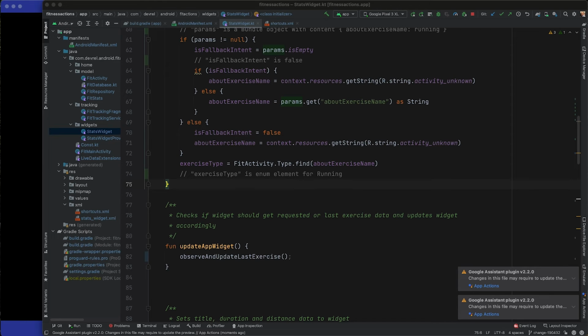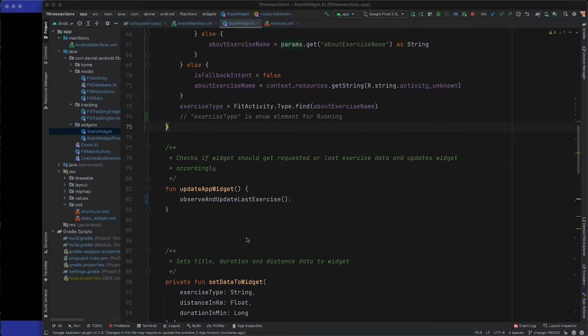Now that we have access to the information that is provided via the Android intent when the BII is triggered, we will introduce the modifications to the widget creation flow, starting with checking if the widget was triggered by a BII and that it's not a fallback intent. We therefore modify the updateAppWidget method, which gets triggered whenever the app needs to update the widget. The existing code here only covers the UI part of the widget. Let's add to it to handle the cases when a request comes in from the assistant.